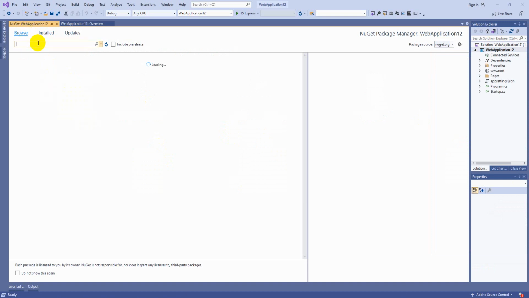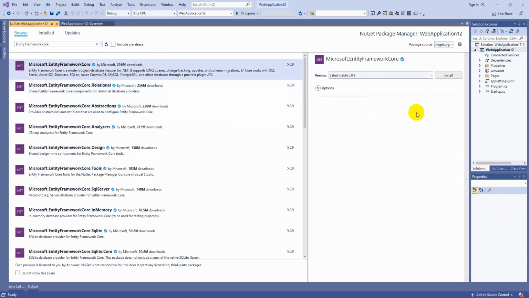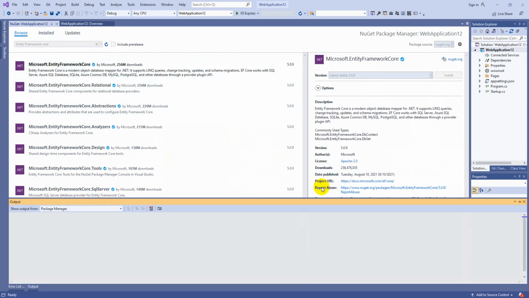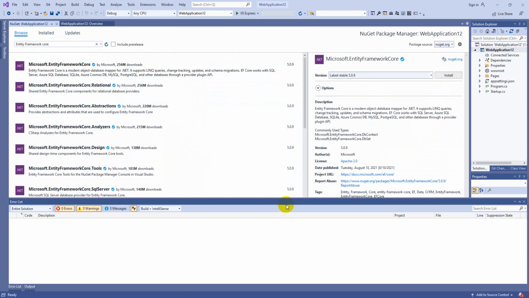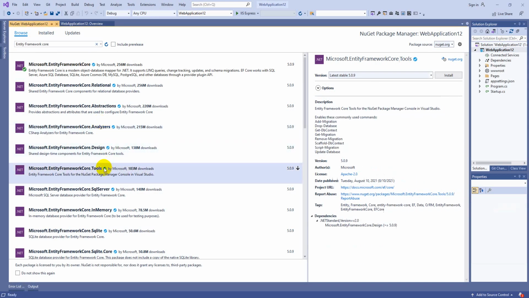Go to browse and select Entity Framework Core again. Install Entity Framework Core first. After that, select Entity Framework Core Tools.